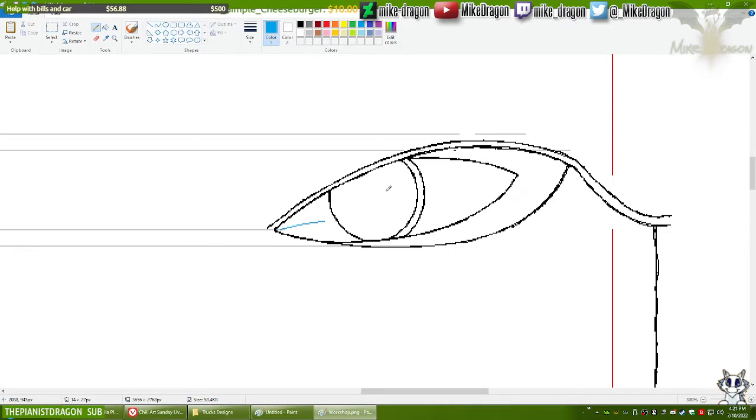Alright, let's draw a circle first, so I can kind of guide myself with that. I don't know if a shape like this would actually work in real life.